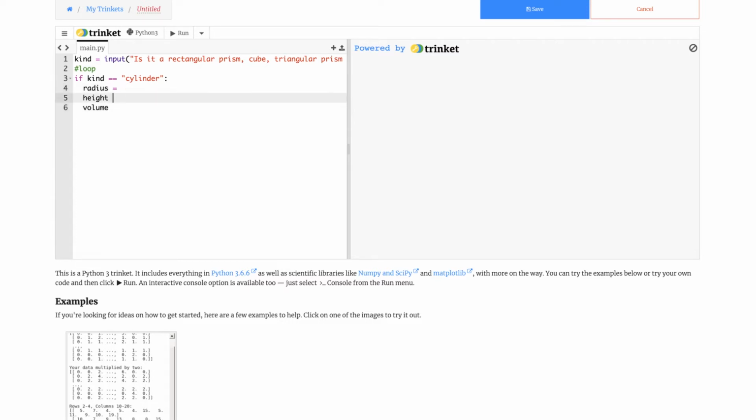Equal to. Okay, now let's just say float, or actually let's just start without float. Let's start with input. You'll see why I will put float later. Input, and then let's see the question it's going to ask. So enter the radius. Let's say enter the radius, input, enter the height, and then we just need to say